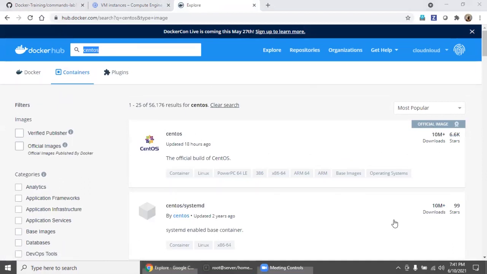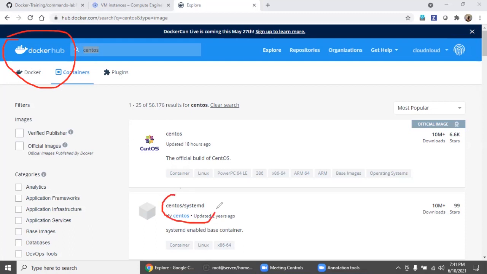The reason this is very important is whenever you want to customize anything, please be careful with the images, because this is a public platform. We don't know who is pushing these images, because these are all persons like you and me creating these and pushing them. We don't know what kind of scripts they injected.